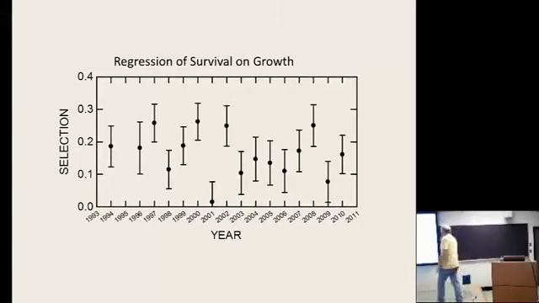So how do you read this? This says 2010, so this means that we can measure growth from 2010 to 2011, and colonies will vary in that measure of growth. We ask whether that measure influences whether they then survive to 2012. So you need 3 years of data here. Does growth from 2010 to 2011 mean that they're going to survive to 2012? Again, when we do it in the proper units, it ends up as a selection coefficient because it's a regression of fitness on phenotype.